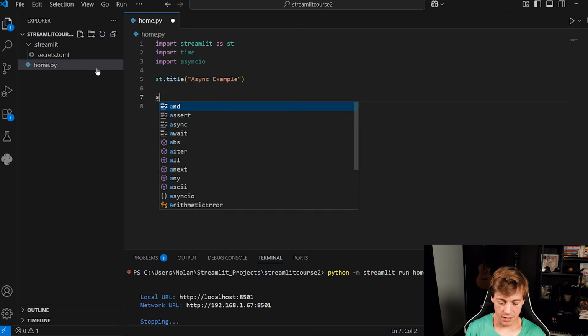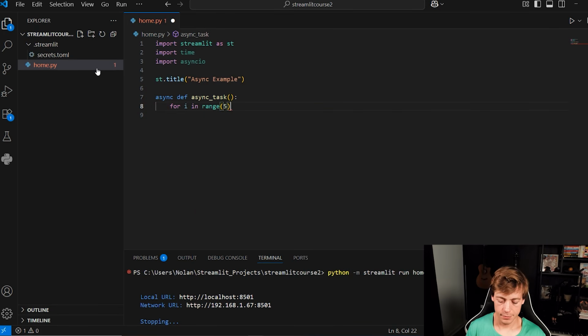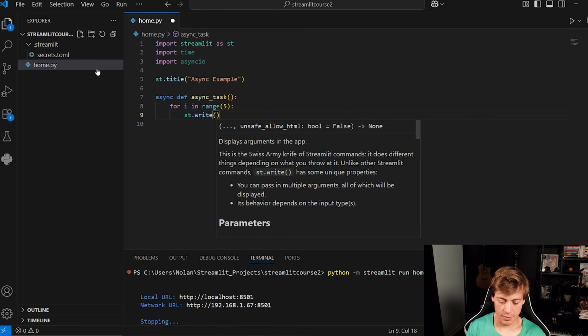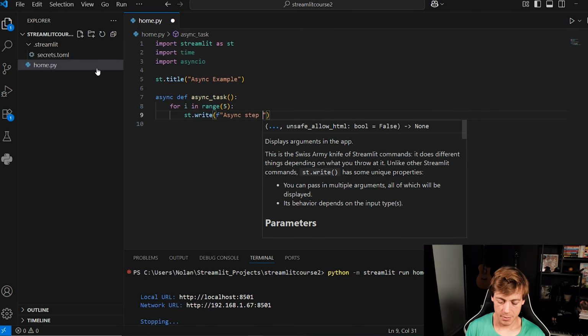Then we're gonna say async like this. We're gonna say def async_task. And then over here, we're gonna say for i in range of 5, so here, st.write, we have an f-string, async step, i plus 1,